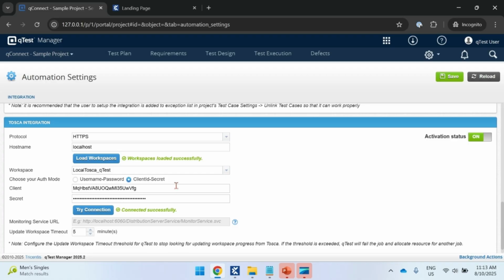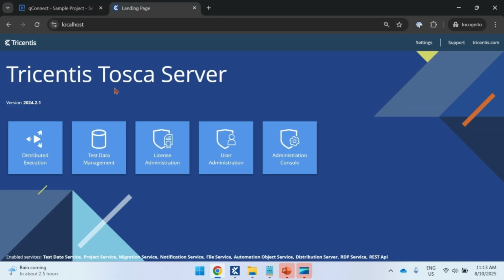Okay. So let's go into Tosca server and let's see how we can retrieve all these settings and what are all prerequisites they have mentioned there, right? So all of them we need to configure and then we'll come back here and then we'll see how the integration work. Okay, right. I have installed my Tosca server in my local host in my local machine itself, but